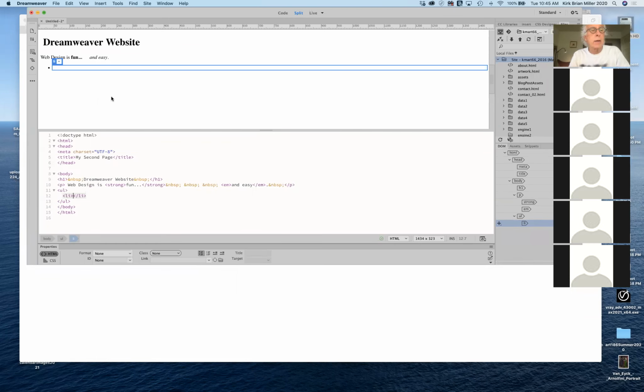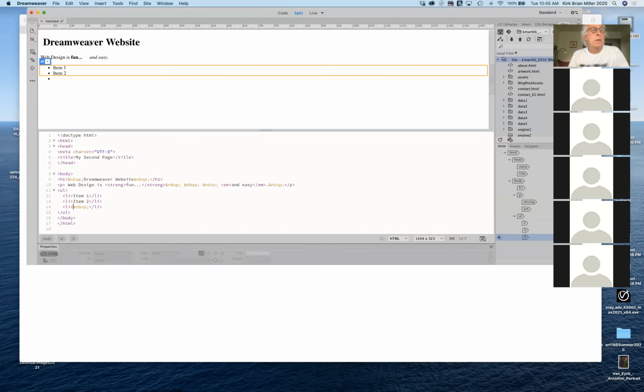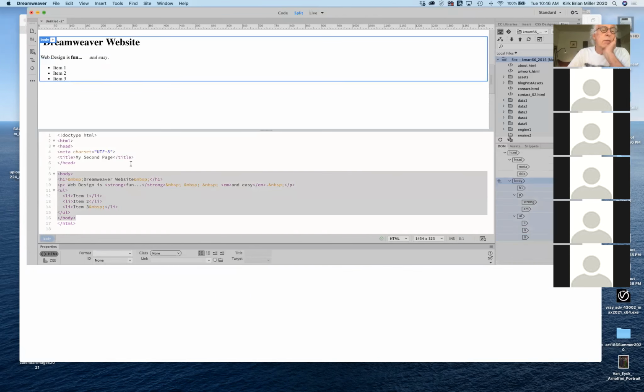So if I go ahead and add a first item, and I'll say item one, look in here. So you'll be going back and forth from live view and code view. So item one, and then when I hit the return key, notice it automatically knows to add another list item. Item two. Hit the return key again, and this will be item three. So it does a lot of this for you without having to put in the code by hand,